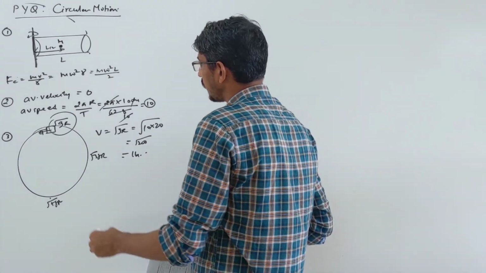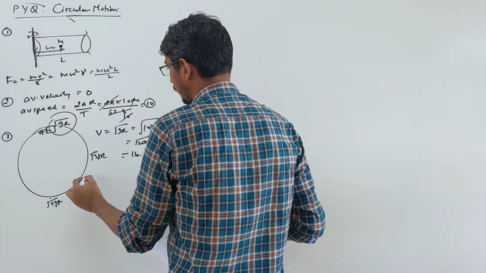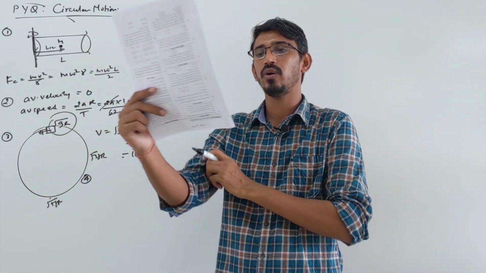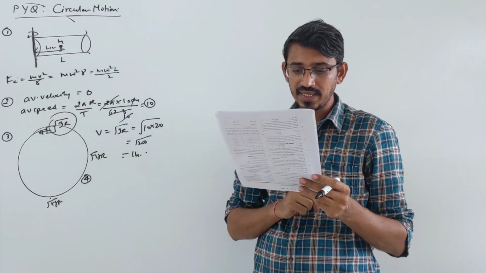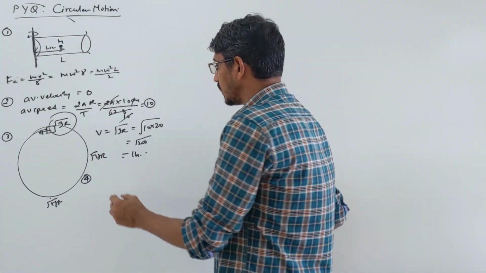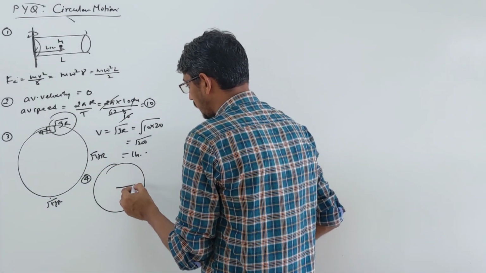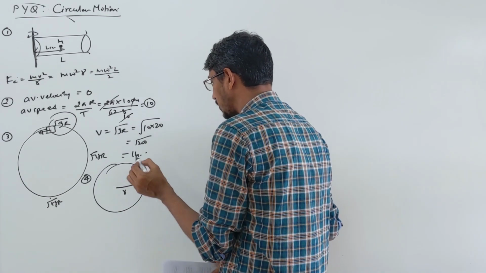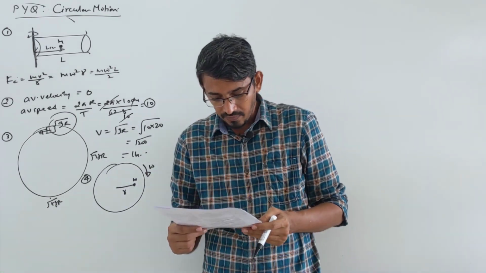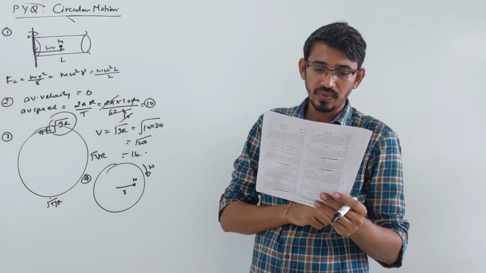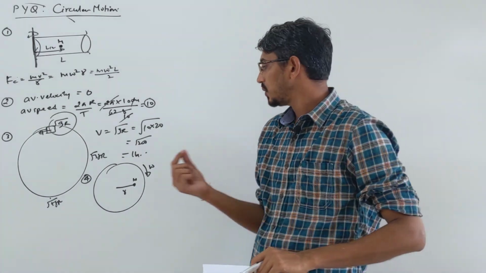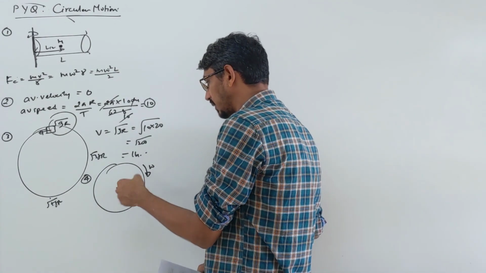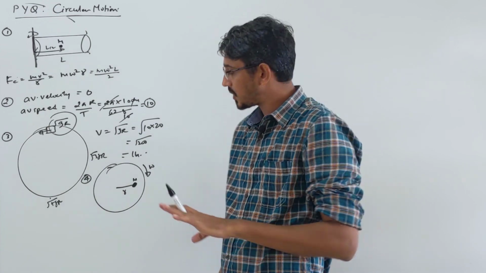Okay, moving on to problem number 4. A gramophone record is revolving with angular velocity omega and a coin is placed at a distance r from the center of the record. So there is a disc and some coin of mass m is placed at this point, distance r. The angular velocity omega is given. The static friction coefficient is mu. The coin will revolve with the record if, so that this coin does not slide down and keeps moving with the disc itself, the frictional force is what?